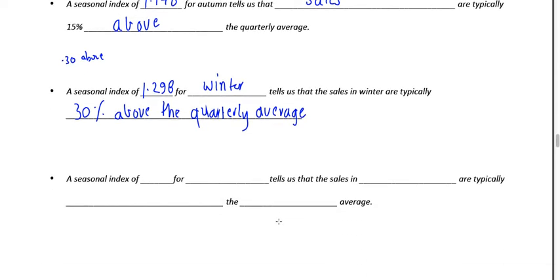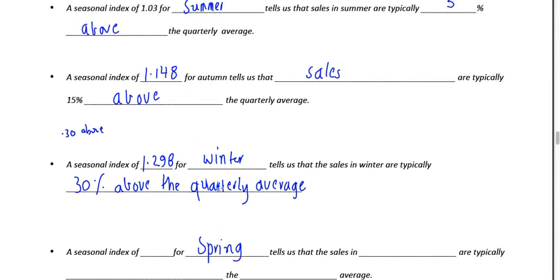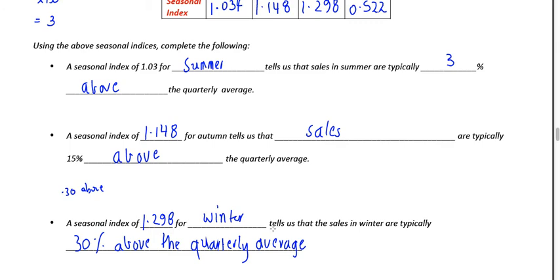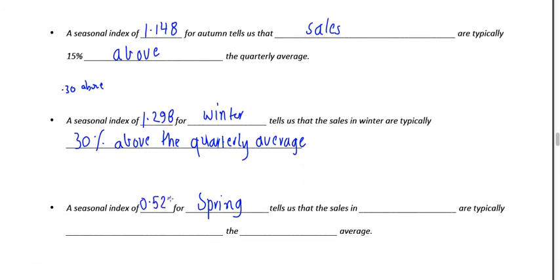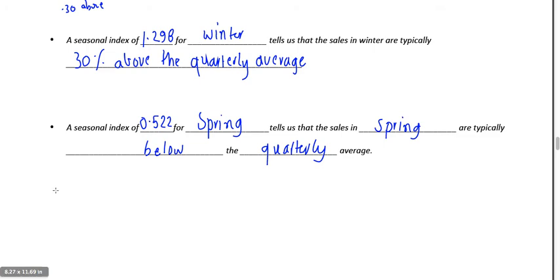And finally, this must be talking about spring, because that's the last one that we haven't done. Seasonal index for spring, and I'll just double check what was it. It was 0.52 to 2 decimal places. Tells us that sales in spring are typically how much below the quarterly average. Well, I need to see how much below. 0.48 below 1, therefore it's 48% below the average,